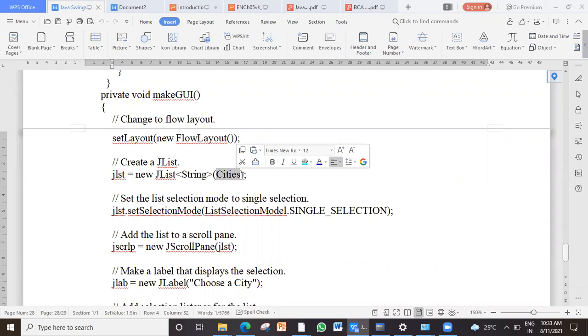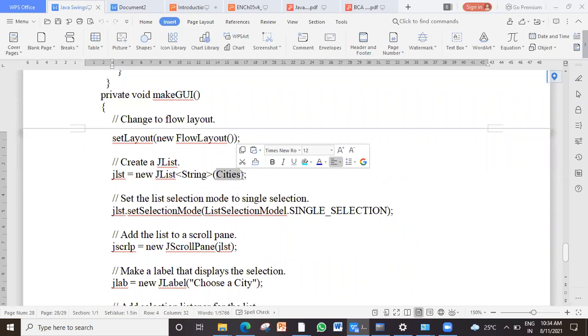Now, then I am making my list to enable single selection. Set selection mode should be set like this. Why? Because it is a static variable. Is it?